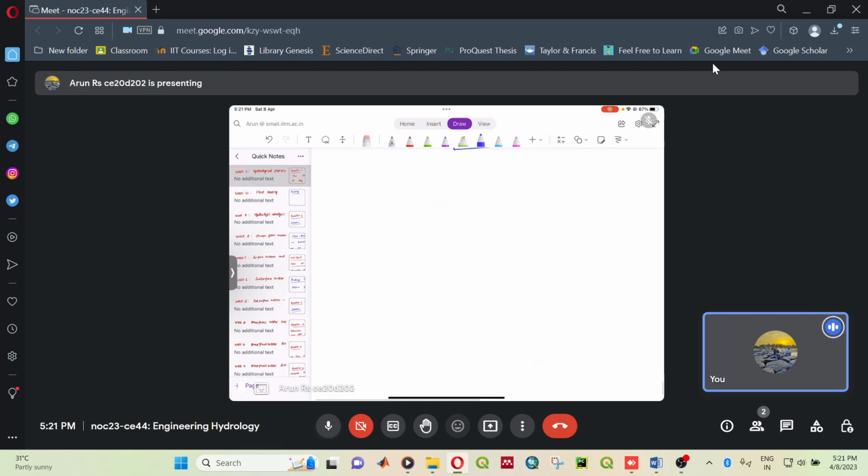So before moving to the next question, we can see something about Gumbel's distribution for extremes. We'll be seeing about Gumbel's distribution for maxima. There is also Gumbel distribution for minima. So the Gumbel's distribution falls under the category of extreme value type 1 distribution,